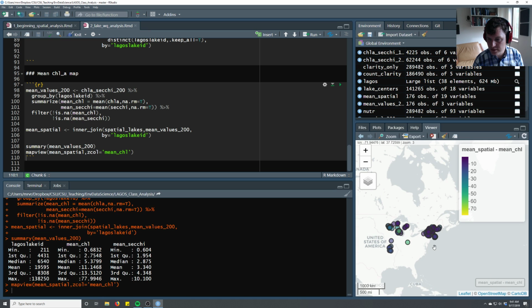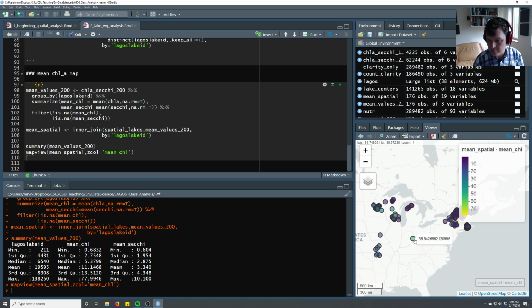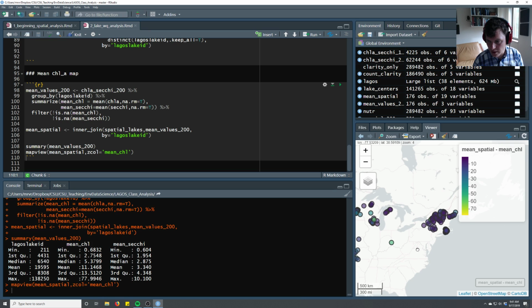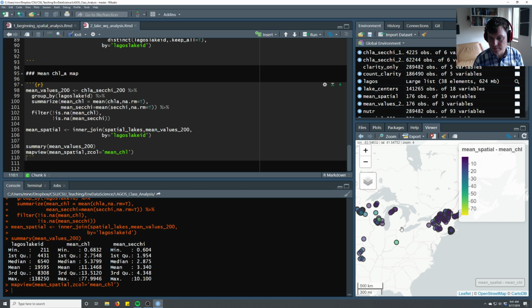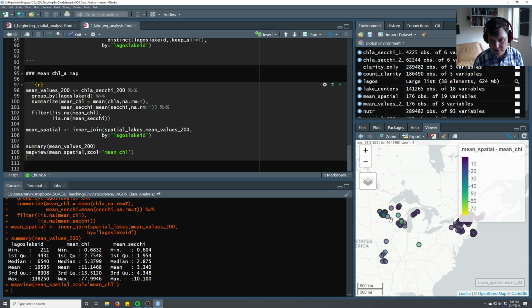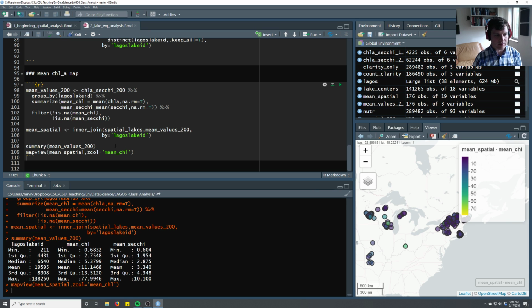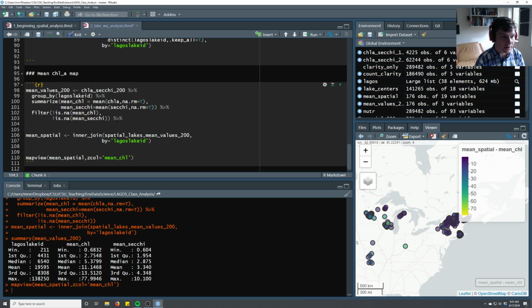And indeed it does. It looks like this random lake, there's no sort of obvious spatial distribution to me here. Maybe the Northeast has less algae blooms, less chlorophyll A than the sort of lakes region of the Midwest. One thing we can do to sort of make this a little more visible is maybe we can do